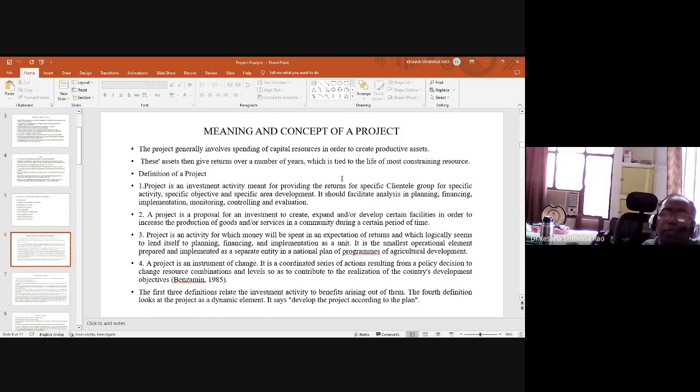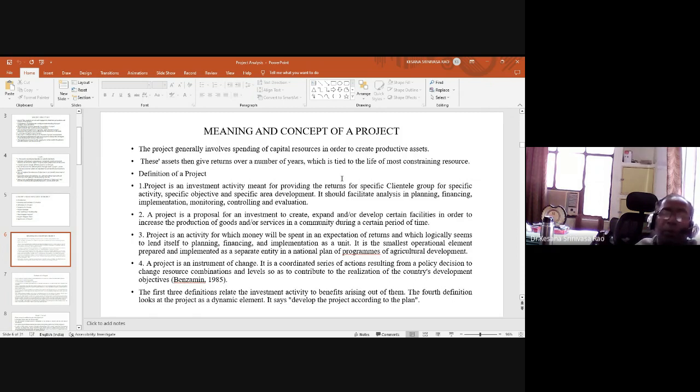In that way, the specific clientele group which you are handling, the specific activity which you are trying to resolve, the specific objective and the specific area development which you are performing, that is also most important. Time. Secondly,